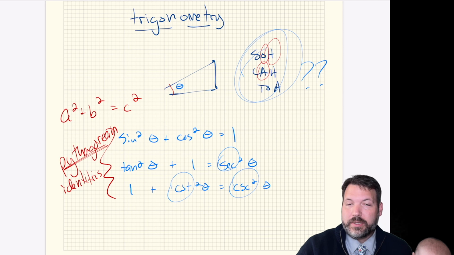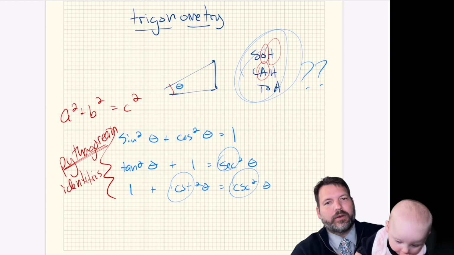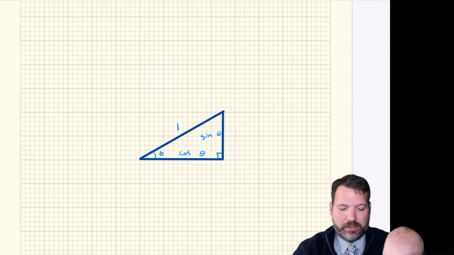But again, some teachers aren't going to have time, or they're not going to feel like it, or they might not know it. And they're just going to tell you, hey, memorize these 3 things. I had to do it, now you have to do it. So I want to show you 2 other ways to understand it as quickly as I can for obvious reasons. So the good way is this.